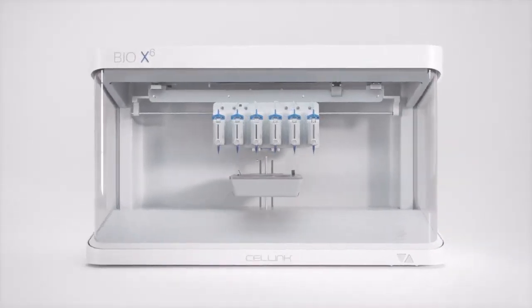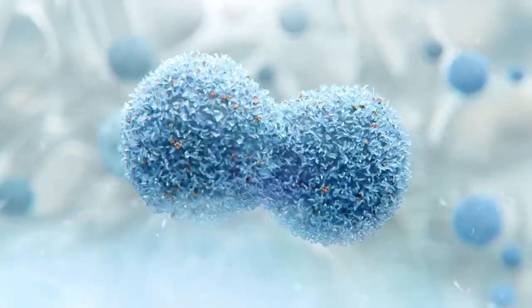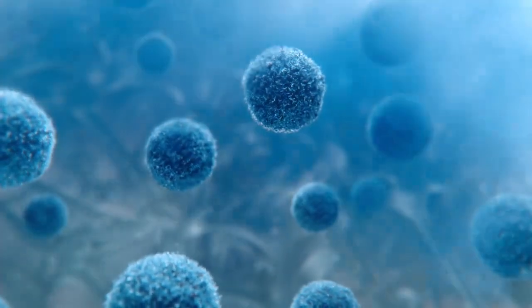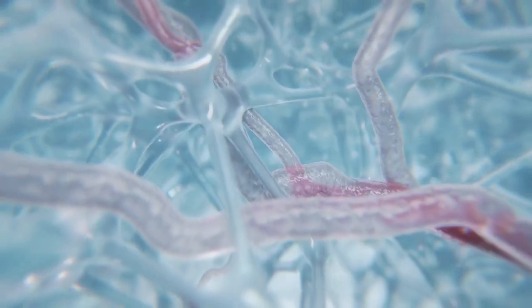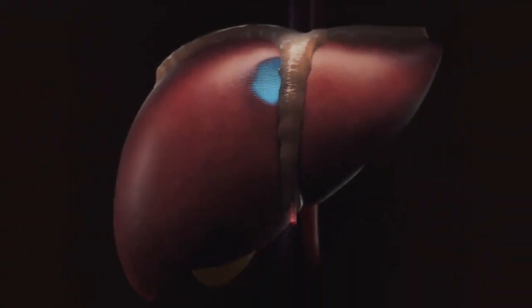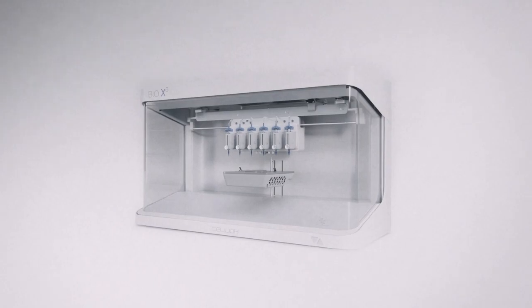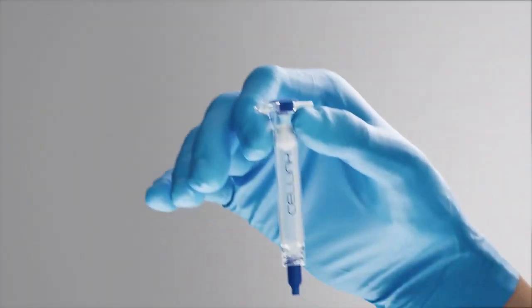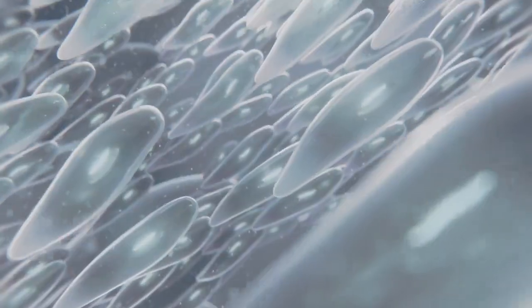The Bio X6 is a product of Cell-Link's bioconvergence technology. Bioconvergence integrates the latest technological and scientific advancements with biology, saving countless lives and advancing medical science above and beyond our current limitations. At the core of this powerful technology are the Cell-Link Bio Inks, composed of millions of carefully